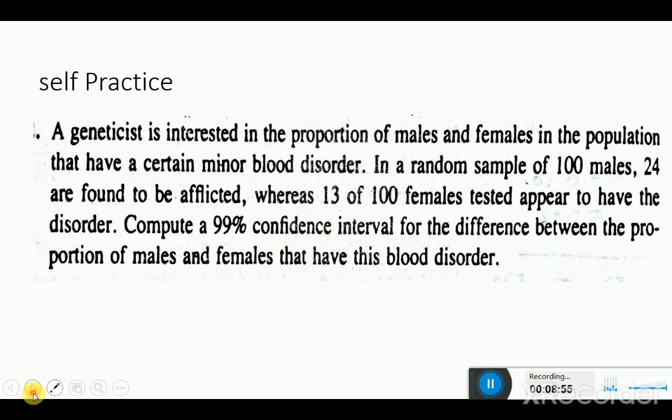A scientist, a geneticist, is interested in the proportion of males and females in the population that have a certain minor blood disorder. So, for example, a blood disorder, in a random sample of 400